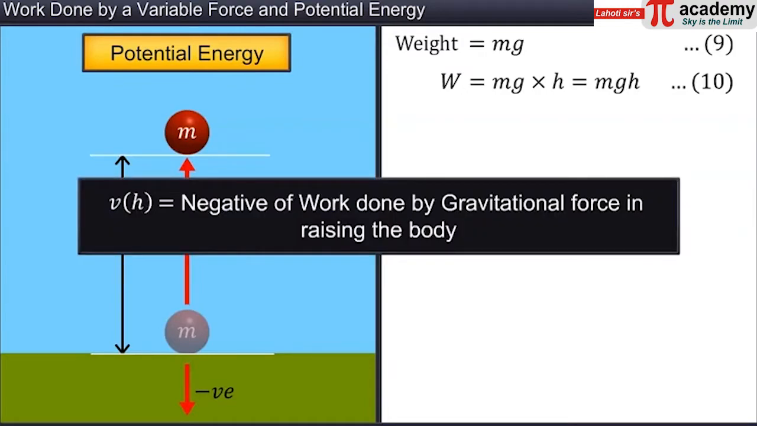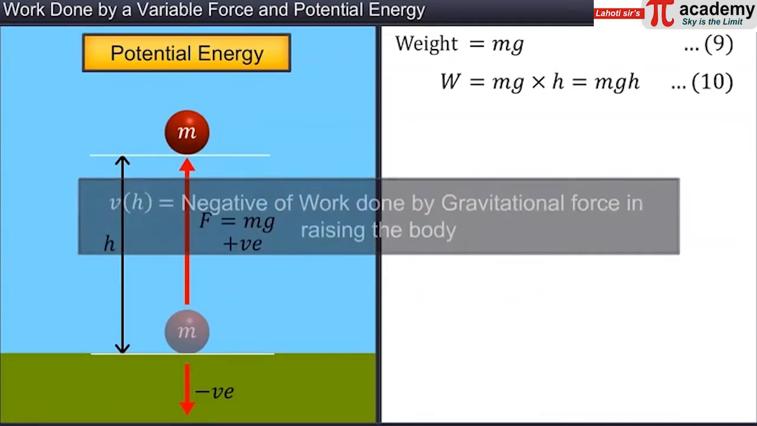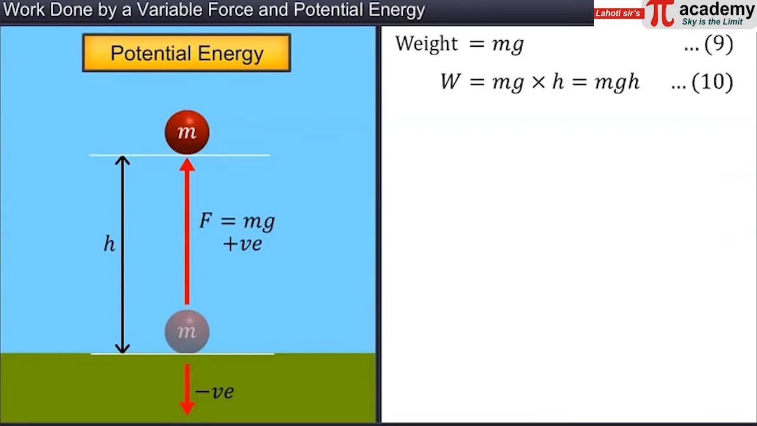The gravitational potential energy of the body as a function of height h is denoted by V of h, and it is the negative of work done by the gravitational force while raising the body through the height. Thus, we have V of h is equal to mgh. If h is the variable, it can be easily shown that the gravitational force F is equal to the negative of the derivative of V of h